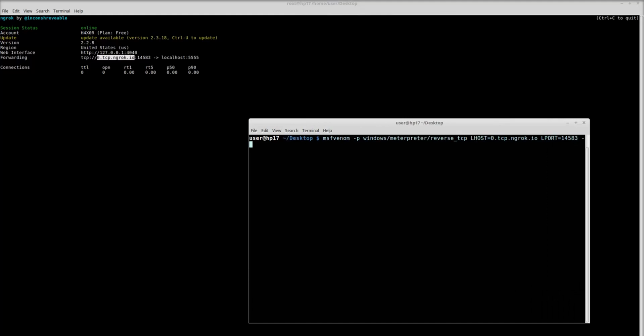And after this, what you want to specify is the same as before. So you can use an encoder if you want to, but I will not use one in this case. So format exe, and we put that into shell.exe. This will create a simple Windows meterpreter reverse shell for us that will perform a connection to their website on